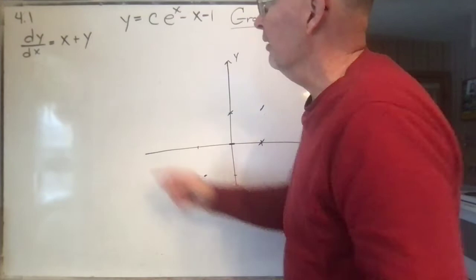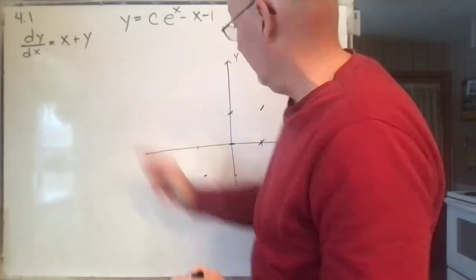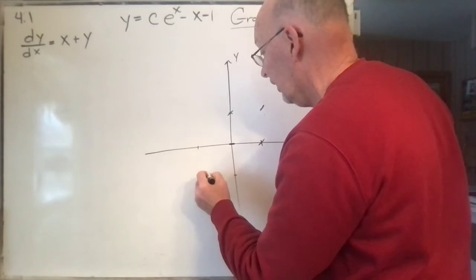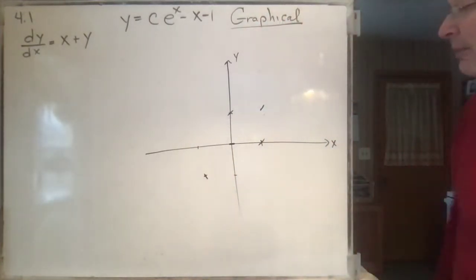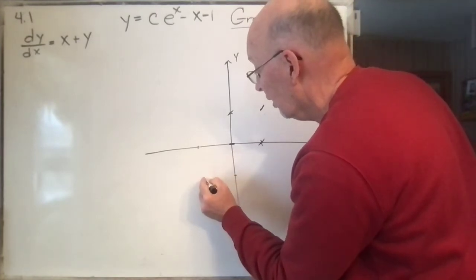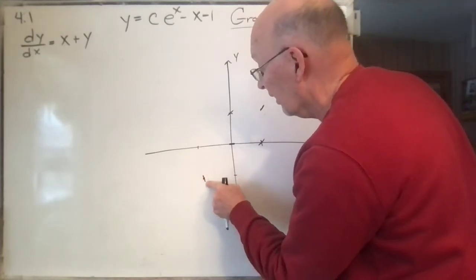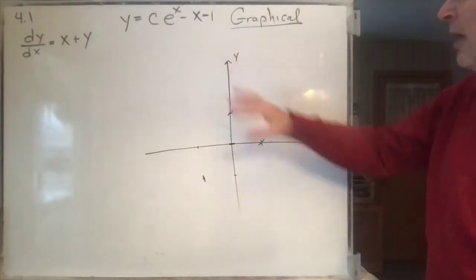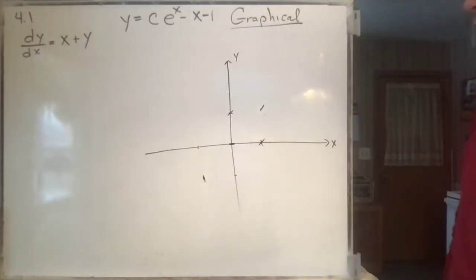Then the slope there is going to be what? Negative 1 plus negative 1 is negative 2, which means it's going to have a slope kind of like that. Agreed? Something like that, because that's going to be down just a little further. Something like that. Okay? So we could go in a hodgepodge, haphazard way like that, but let's be a little more